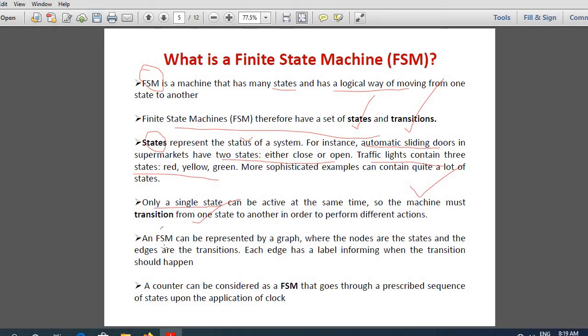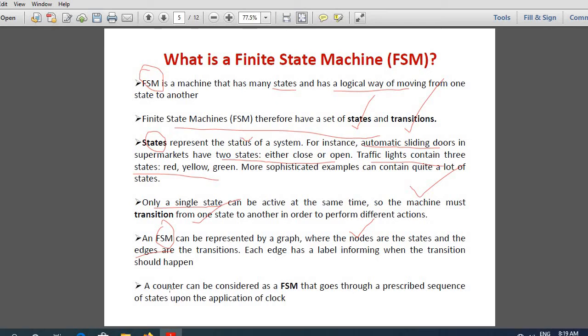If an FSM is represented by a graph, the nodes in the graph, I hope you know what graph theory is, you represent a network with nodes and links or edges. So nodes are the states and the links or edges are the state transitions. This is how we represent a finite state machine.